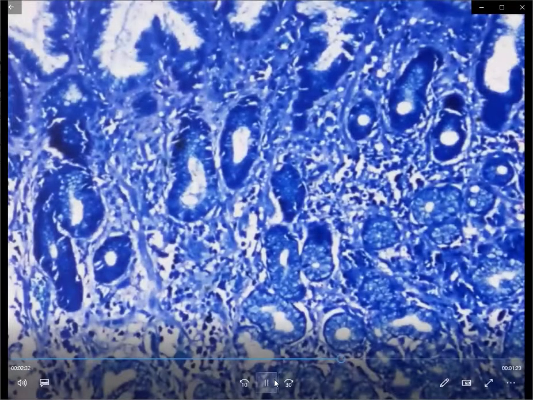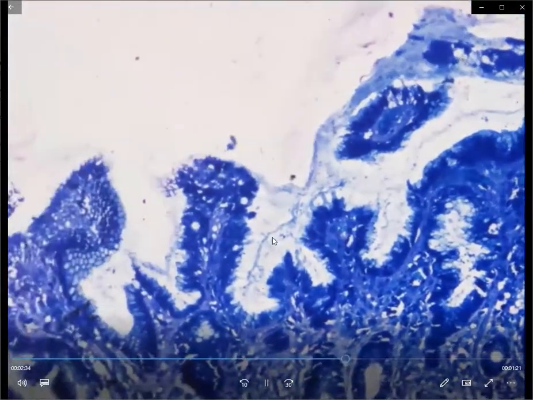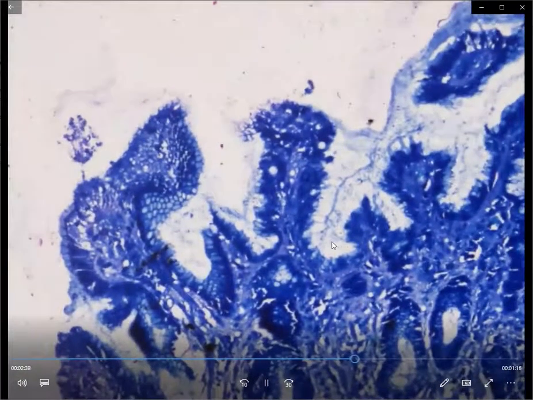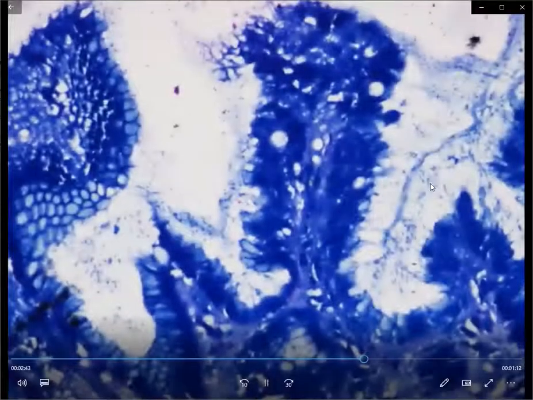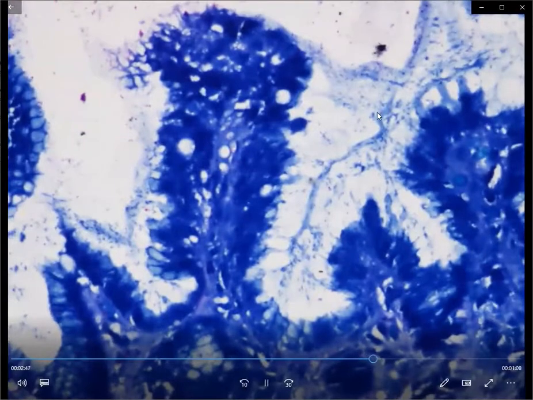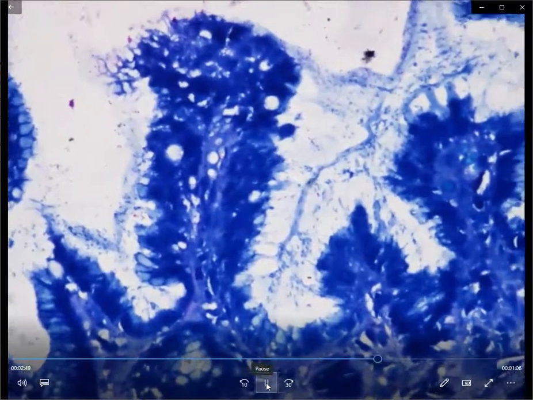If available, you can go for a modified Giemsa stain, which is done specifically to look for H. pylori. This is what we see here. These were the numerous crypts on the surface, and when we go to high power, we can see that these crypts are filled by these bluish-stained bacilli. It is important to get a Giemsa stain done if you are not sure whether the bacilli you are seeing are H. pylori or just contaminants.